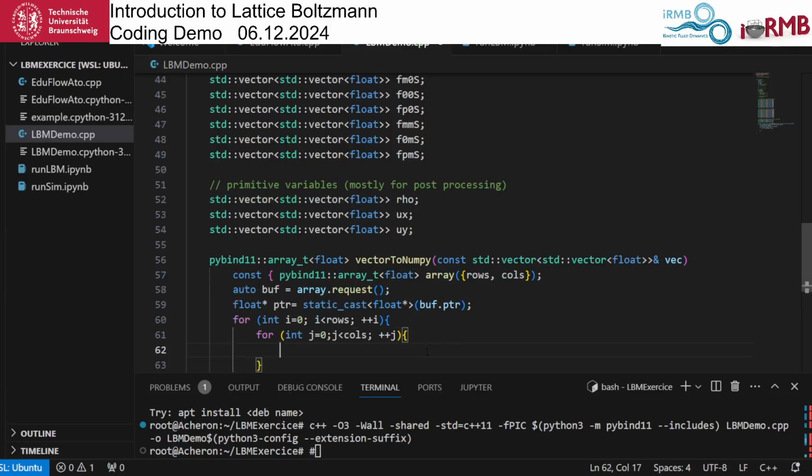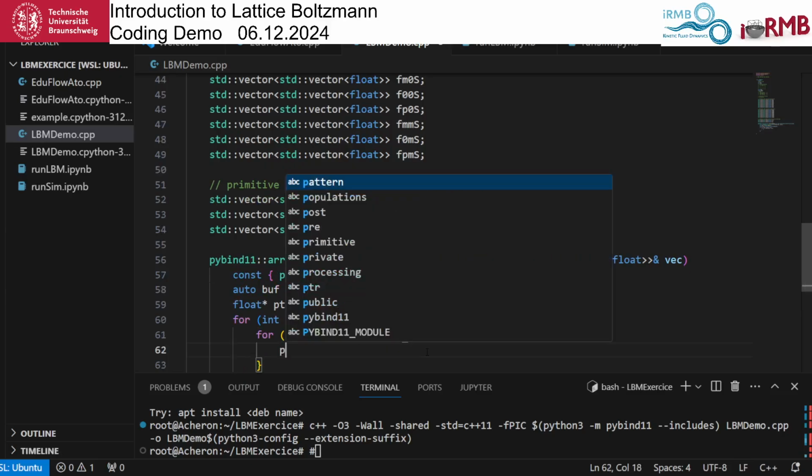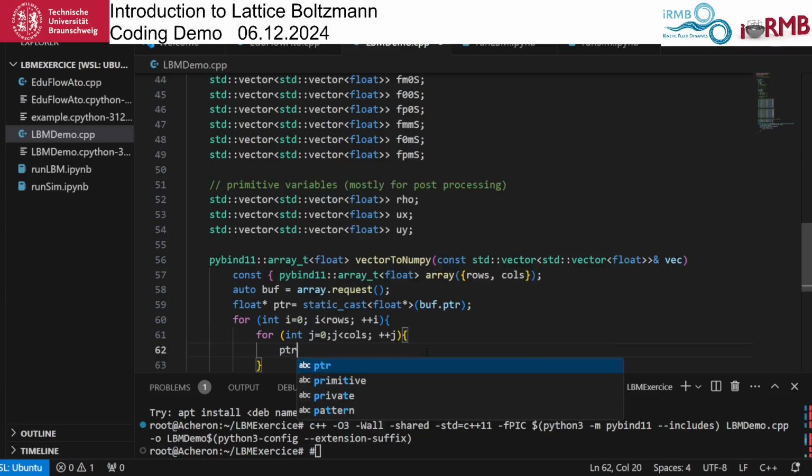So next, open, and then pointer i times cols plus j